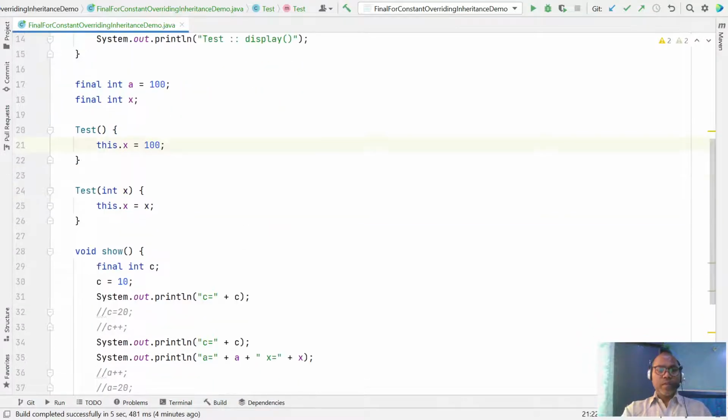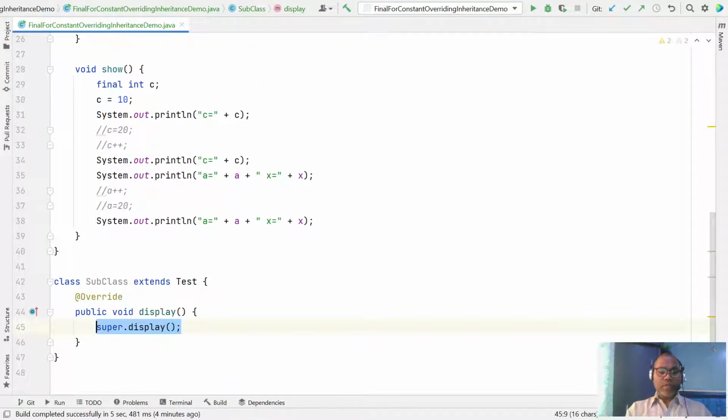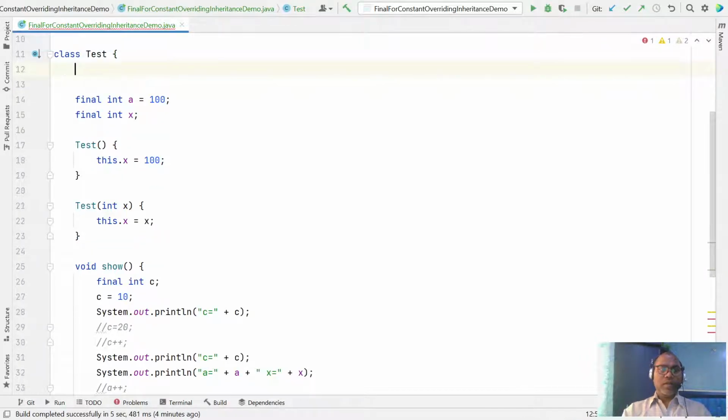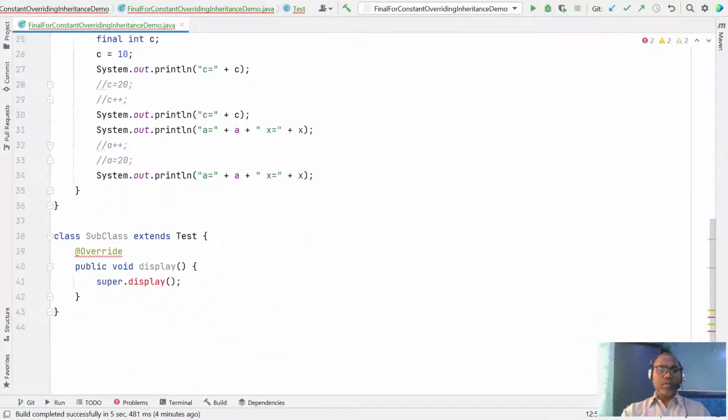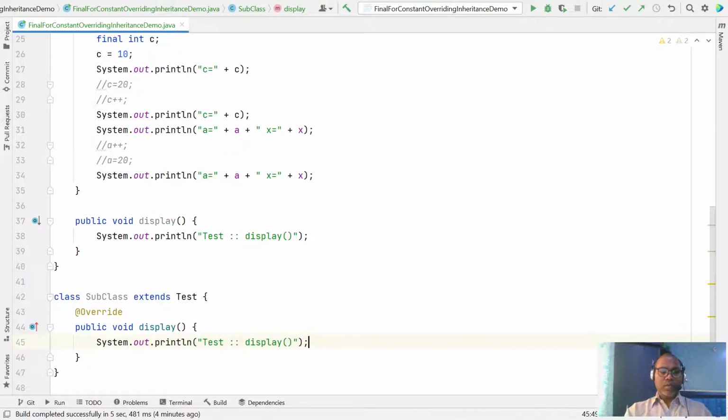Here you can override your display function. Just cut here and paste here. So this is your subclass display function.